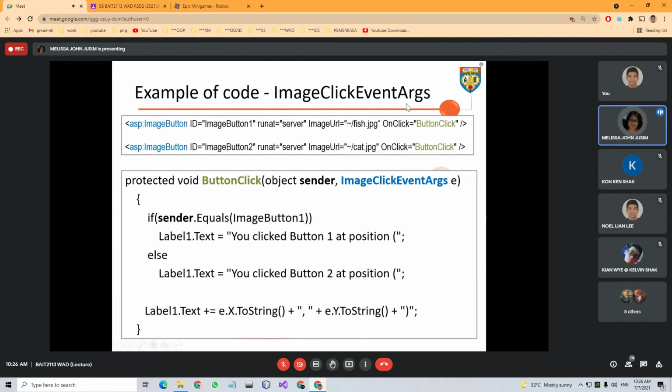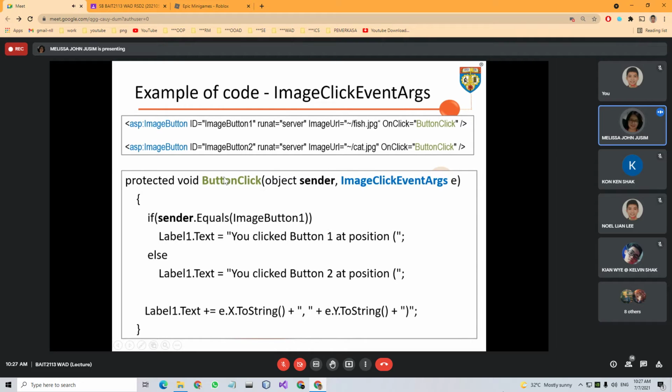And this is the attribute that you need to add to your server control. Button definitely is click, so OnClick equals Button_Click.